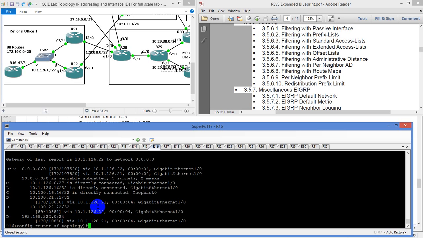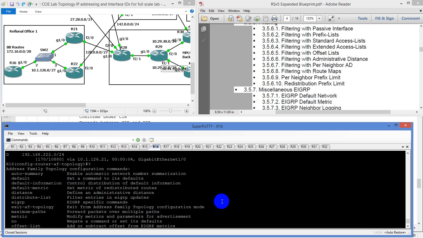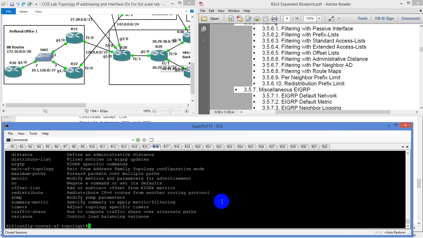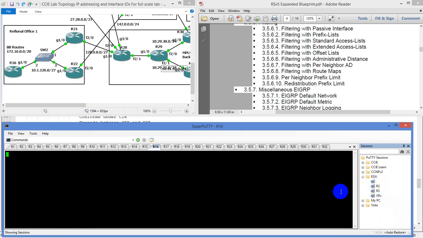So, per neighbor prefix limit. Let's say, for instance, we had a bunch of routes inside of EIGRP that we wanted to advertise here. You could type in, I think it's under over here. I think it's here. Let me do this real quick, and we're going to see view sessions. We're going to go to ESXi. I'm going to connect to router 1 on this guy. He is a CSR 1000V. I'm going to connect to this guy, router EIGRP